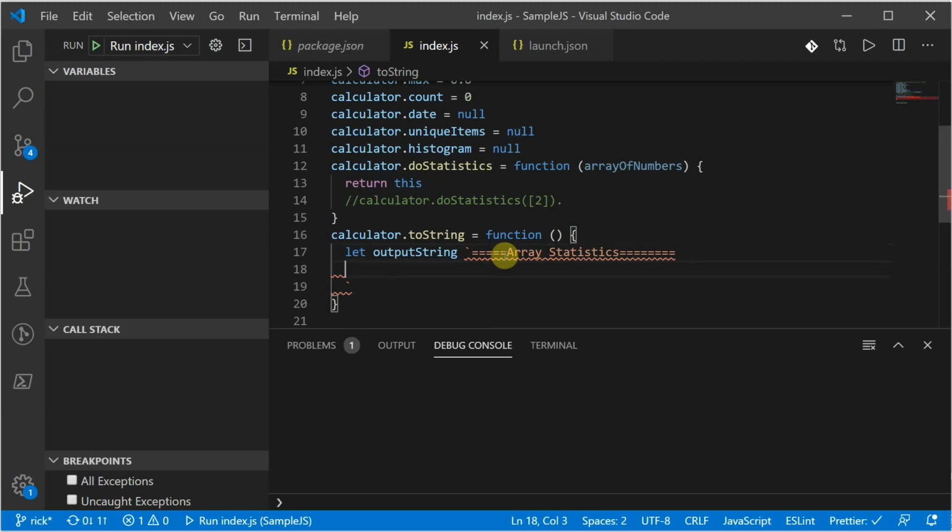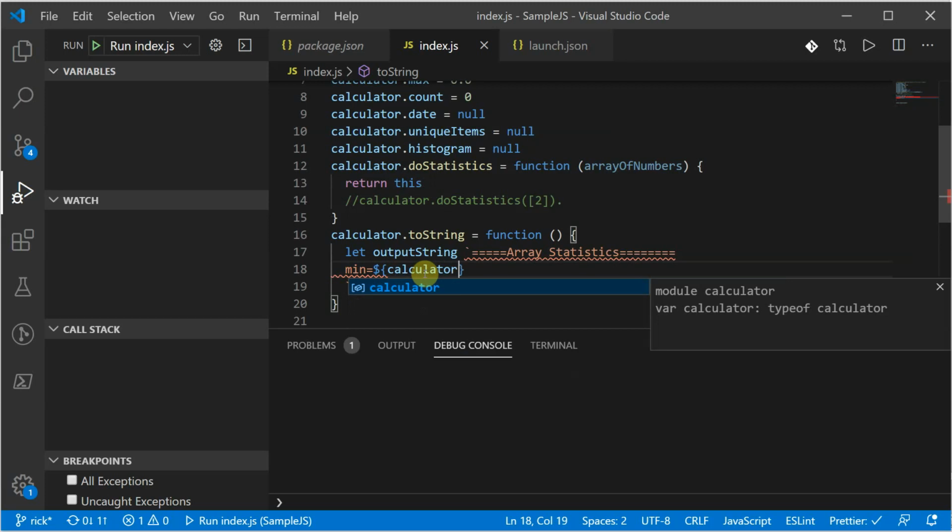And then in the next line, let's simply say the easy ones, because they're always defined, right? The min is going to start at 0, so we'll just say min equals, and this is where the backticks help. We can use the $ sign and then curly braces, and you'll see that the color automatically changed. We can put a variable in there. So we can do